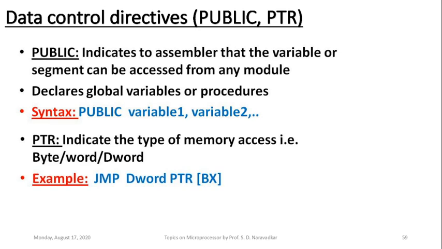So this is all about the assembler directives which are available in a general macro assembler available with the 8086 or 8088 microprocessor. For the purpose of assembly language programming, these assembler directives must be known to the programmer along with their corresponding instructions. I hope that you understood all these concepts.